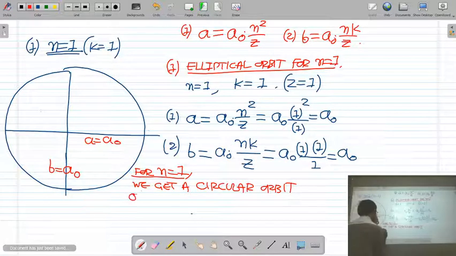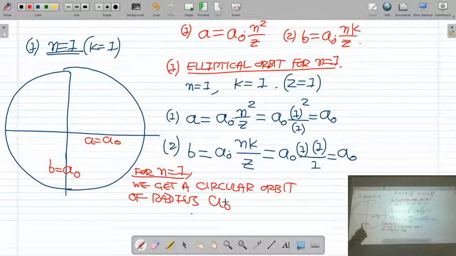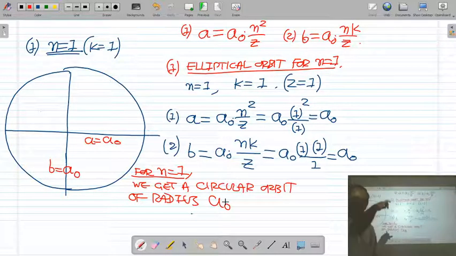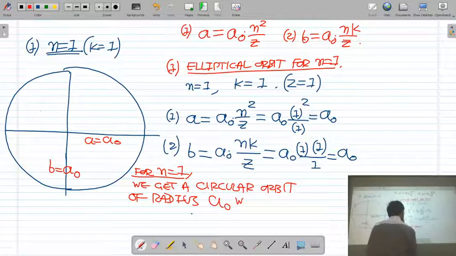Of radius a0, because the semi-major axis is a0 and the semi-minor axis is also a0. So we get a circular orbit of radius a0, which is exactly the same